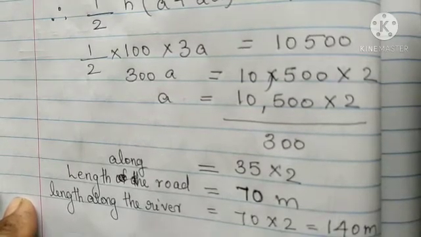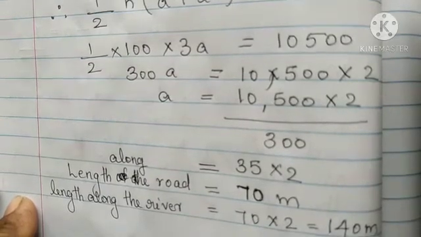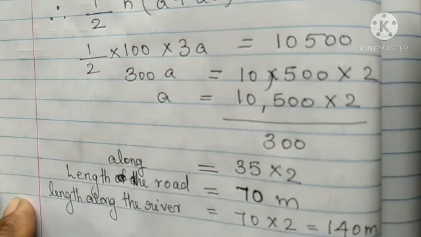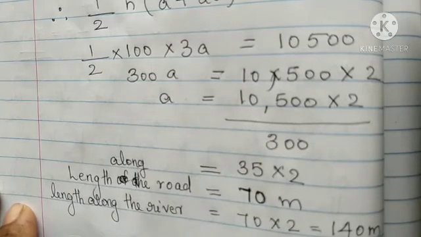Okay, so children, very simple formula. Apply the values, substitute the values and find out the unknown which we want to find out. Practice problems from your textbook. These are problems from the exercise and based upon the formula of trapezium.